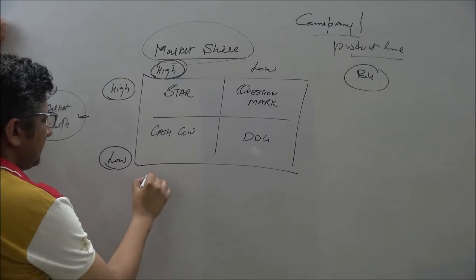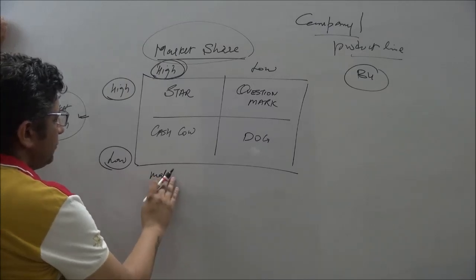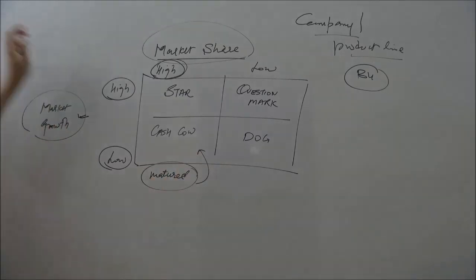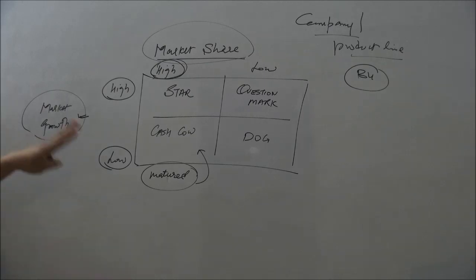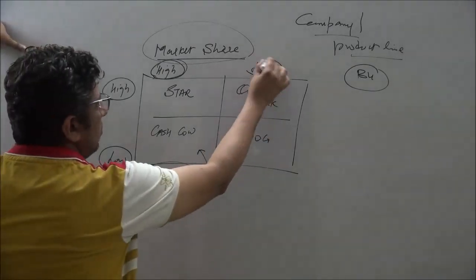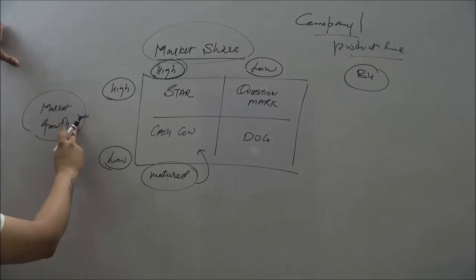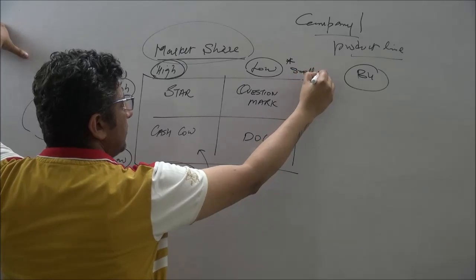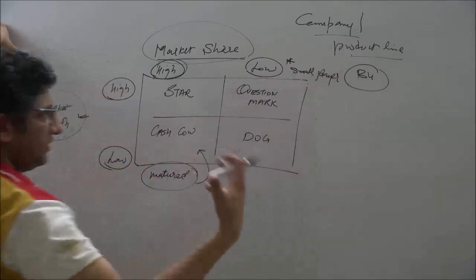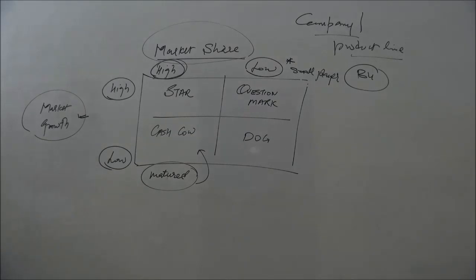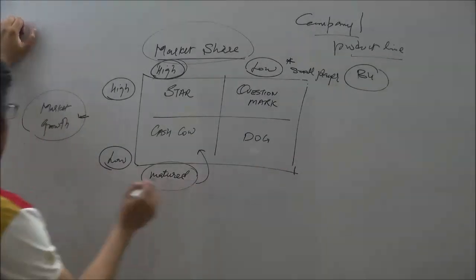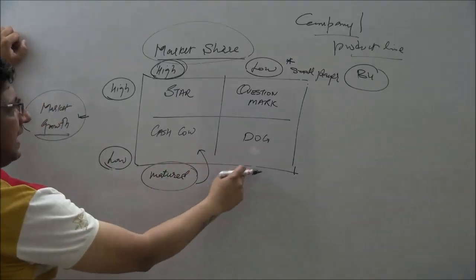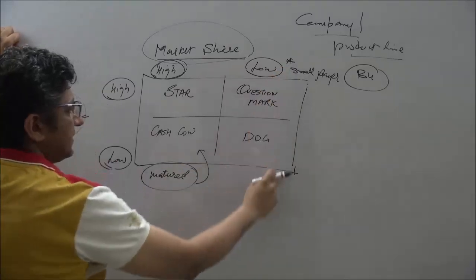Quite likely the markets are matured, but you have a large stake in the business already. We'll come to the terms in a while. Then there could be an instance where your market share is low, but the growth is significant. So the markets are growing, but you are just a small player within that community. And finally there could be a category where there's not even growth. So there's low growth as you observe here, and your share is low as well.